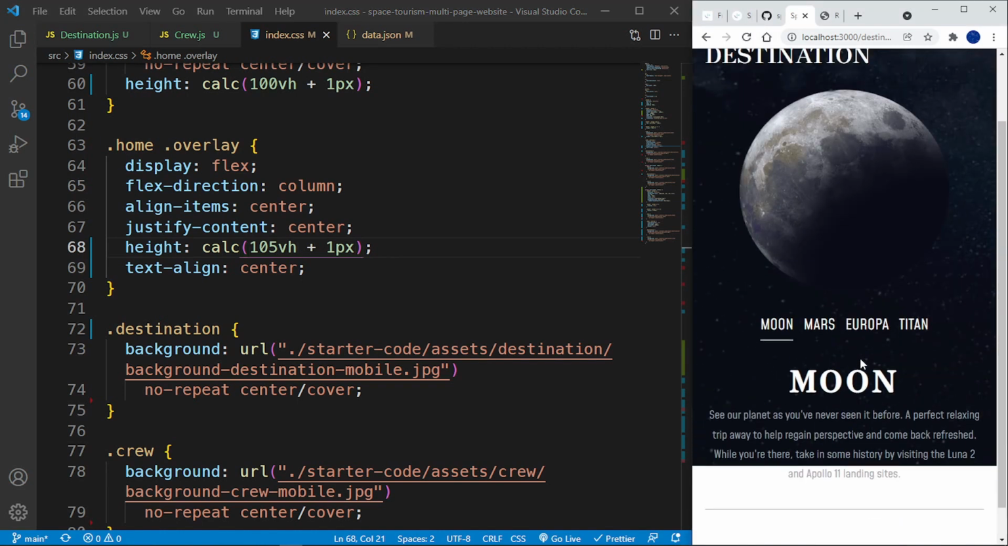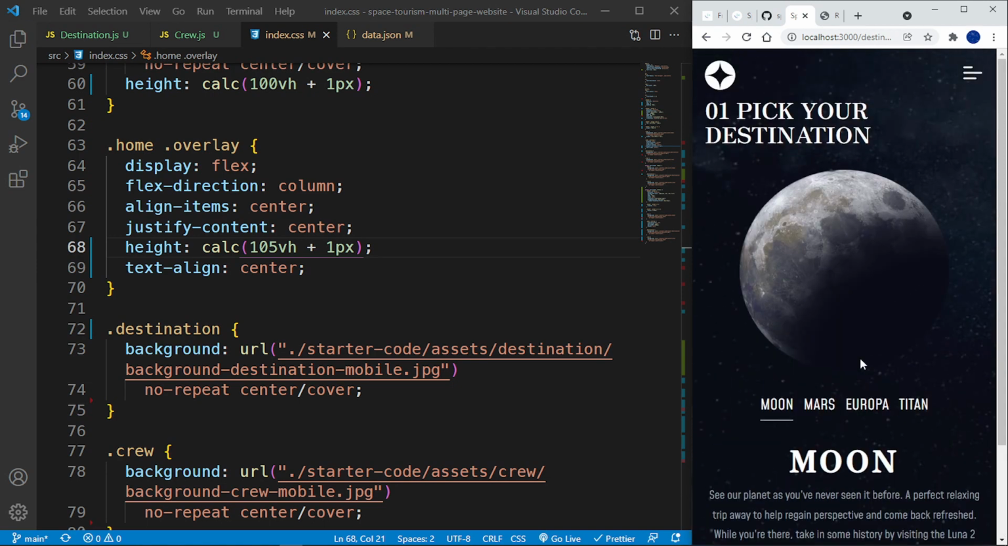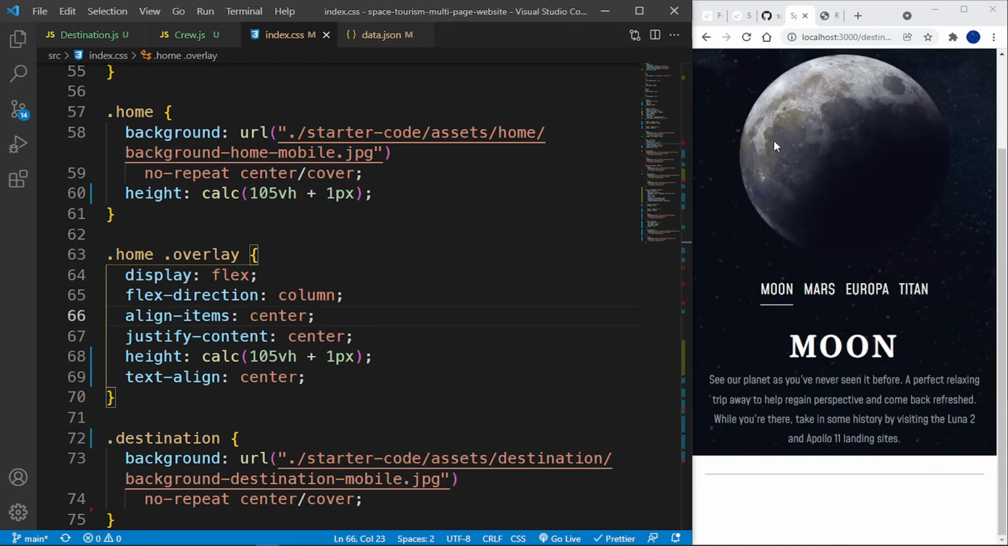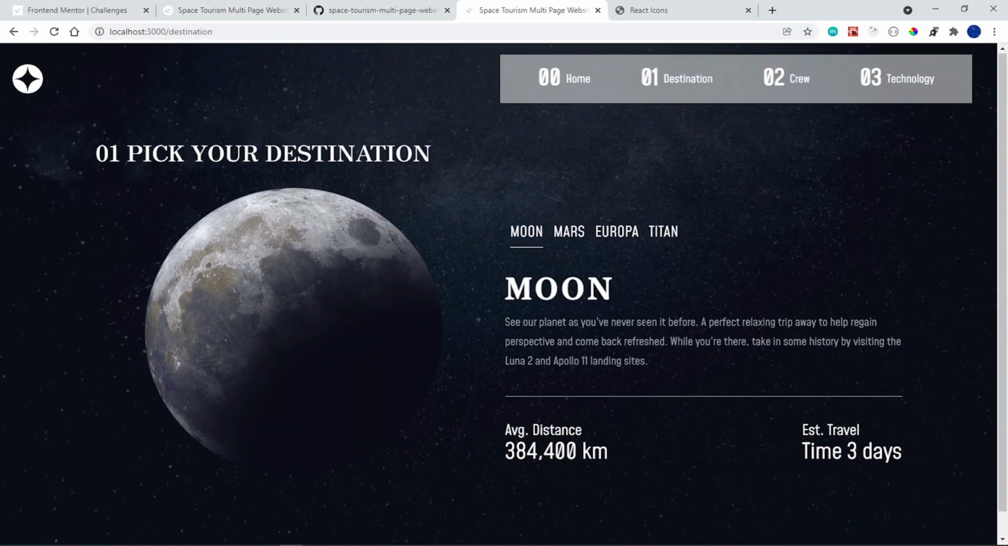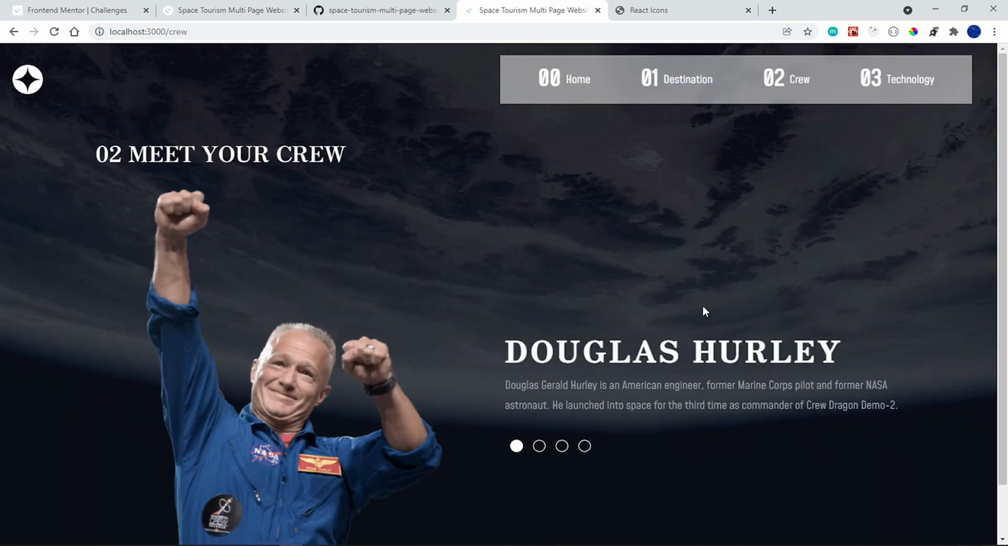Don't tell me that doesn't work as well. Really? Oh, wait a minute. I'm changing it in the wrong place. What am I doing? 105 viewport heights. Are you serious? This is annoying sometimes. You know what? Let's just deal with what we have first of all, and then we can fix the bugs